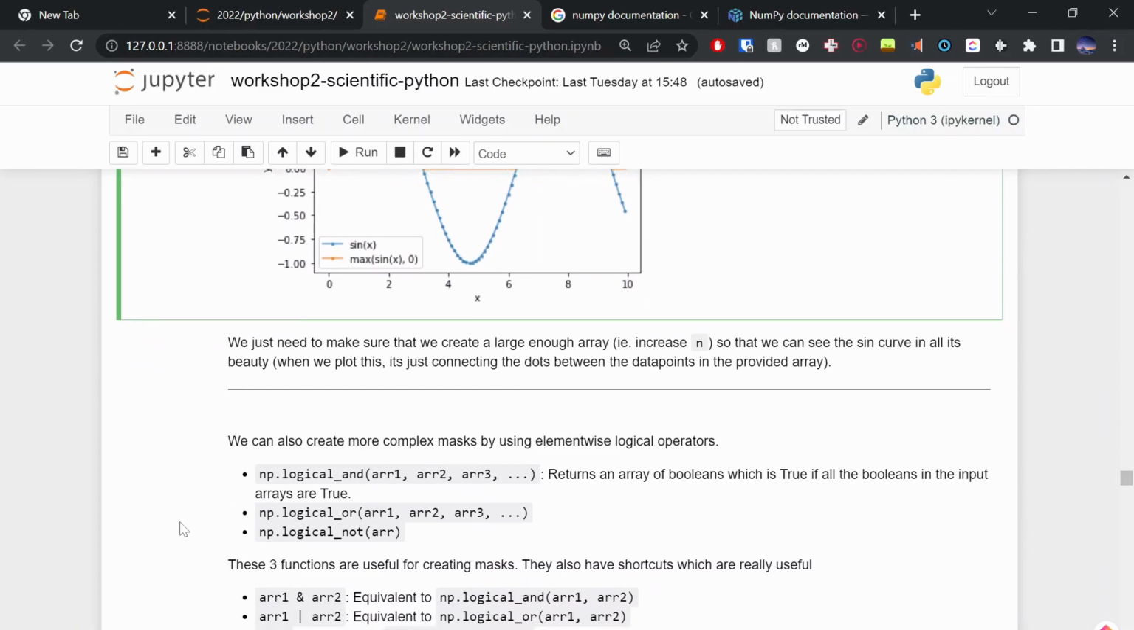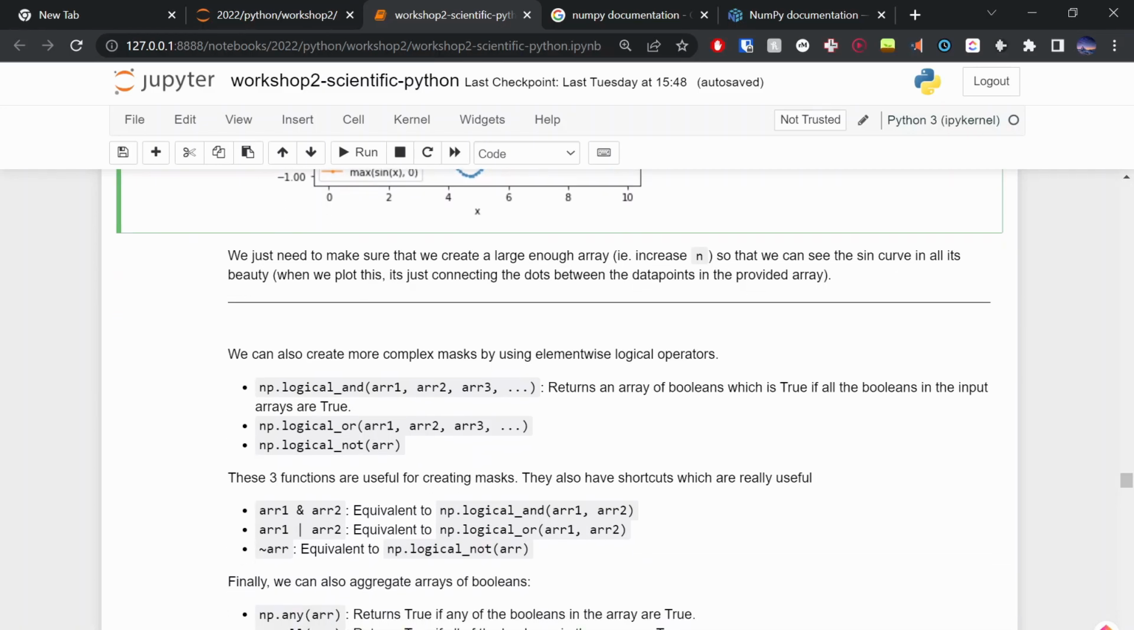So the way that we can combine masks is by using the np.logical_and function. If we do np.logical_and and pass it a series of Boolean arrays, so a series of masks, it'll basically return an array of Booleans, which is true if all the Booleans in the input arrays are true. So in the context of array 1, 2, and 3, the very first cell will only be true if all the very first cells in all the corresponding arrays are true as well. And these also need to be of compatible shape. We can also do logical OR, which is pretty much the same thing,